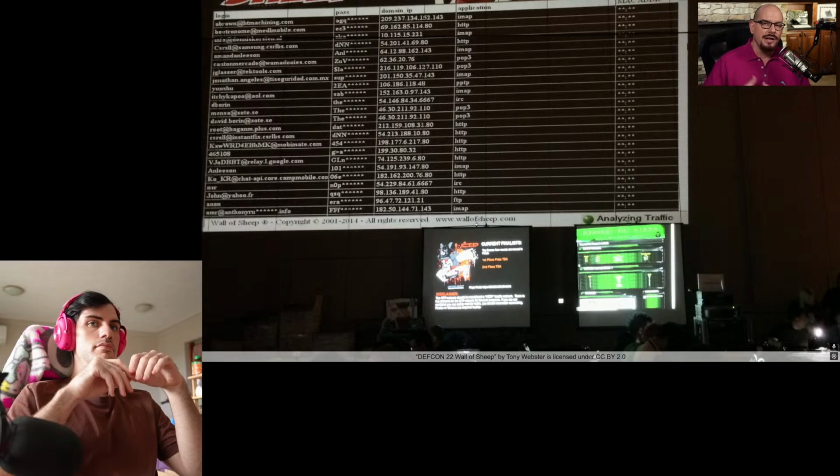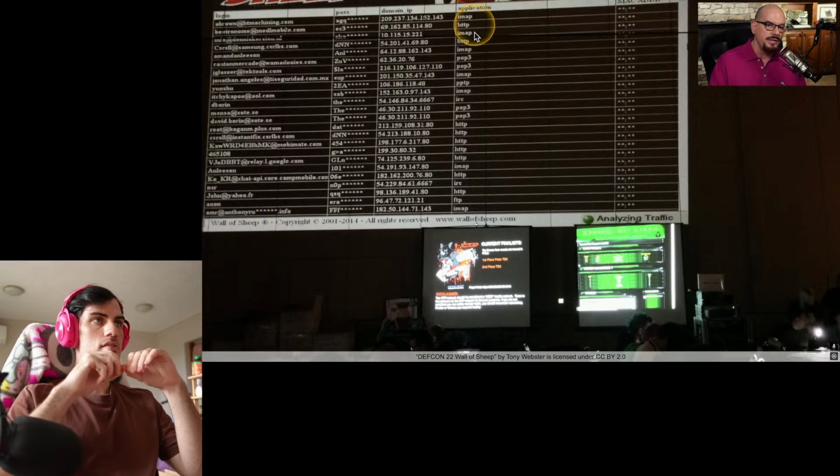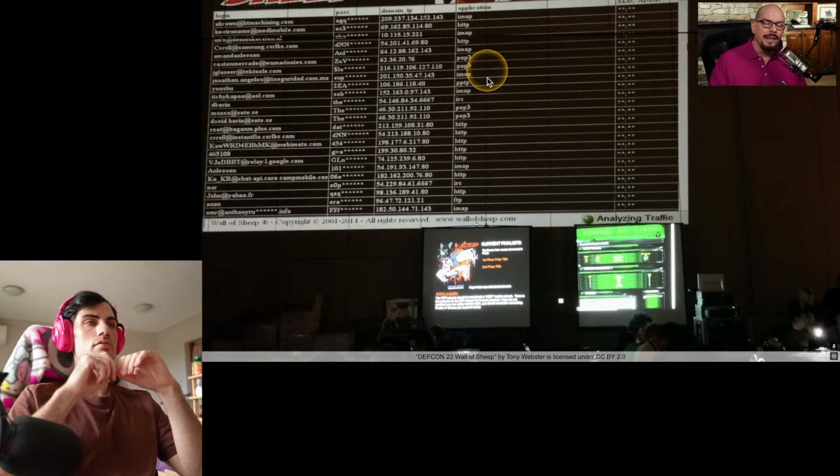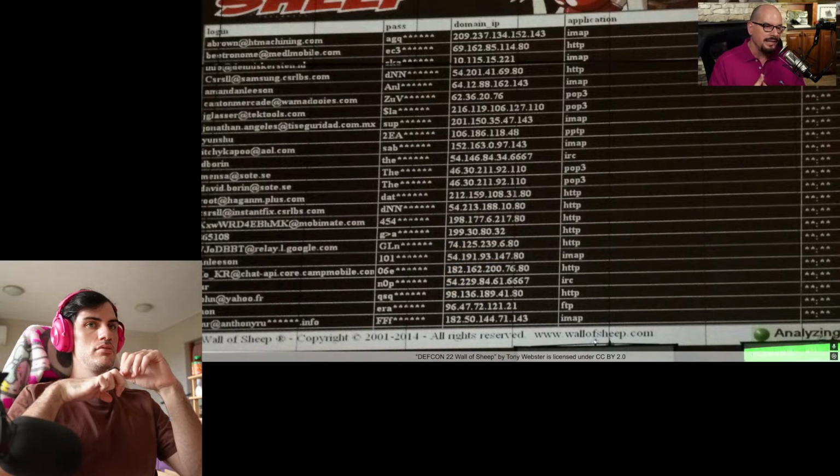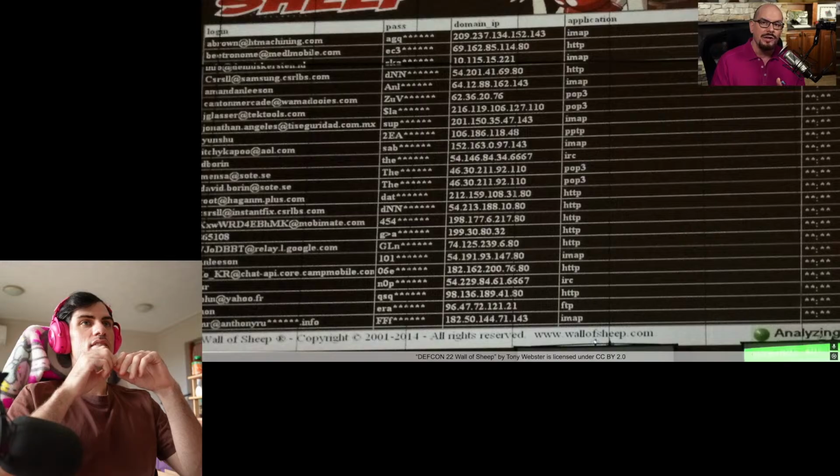At this conference, they are constantly monitoring the traffic going across their wireless networks, and if there are any insecure protocols such as HTTP, IMAP, or POP3, they will pull the data out of those frames, show you the email addresses, part of the passwords associated with this transaction, the IP addresses, and other information that was sent over the network in the clear. They refer to this as the wall of sheep, and you can see that there's a lot of details that are listed when you send this information across the network without any encryption or additional security.